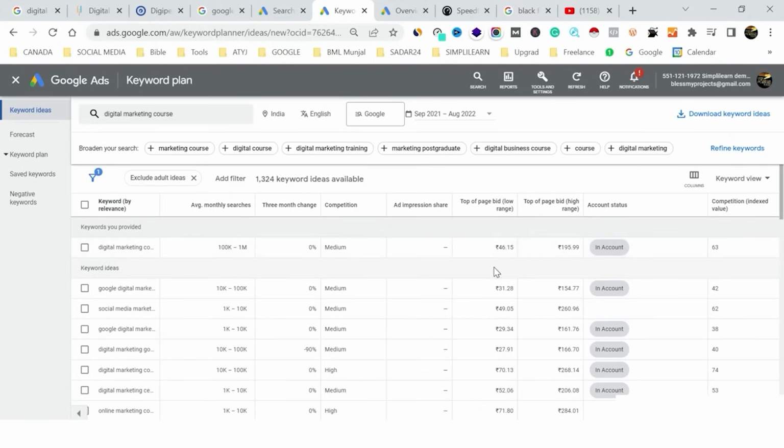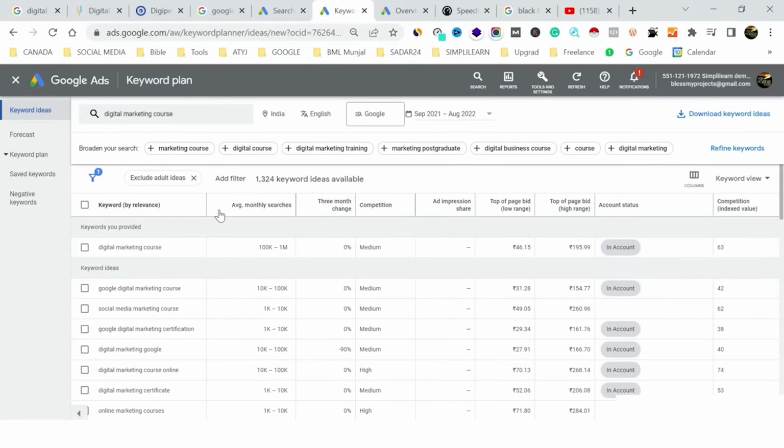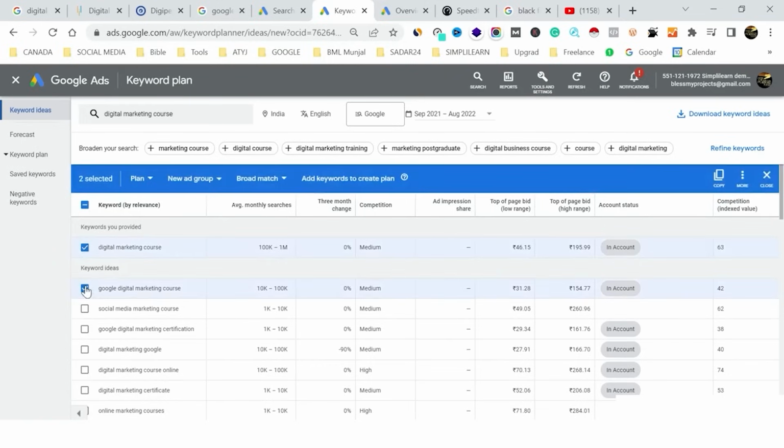Plus what I do, I take some of the keywords which I feel, to my naked eye at this moment, are very important for my campaign. Just like I take this, I take this, I take this, you can just take any of them. You can download this data into Excel and copy paste as well. So there are a lot of ways to do this. Okay, and then you can certainly